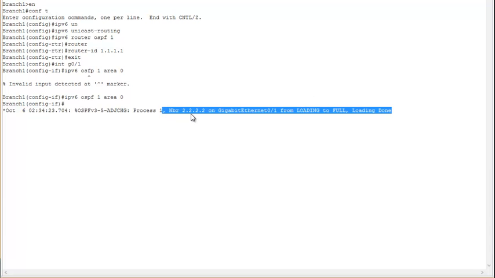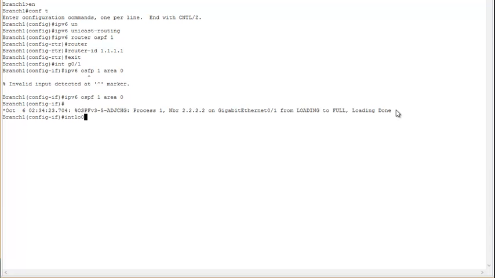with our neighbor 2.2.2.2. So I did router IDs of basically 1, 2, 3 if you went across, the points of a triangle. So branch 1's router ID is 1.1.1.1, HQ's is 2.2.2.2, and then branch 2 is 3.3.3.3. Branch 1 and HQ have now formed their neighbor relationship pretty quickly. So that's good. Now let's go into loopback 0,